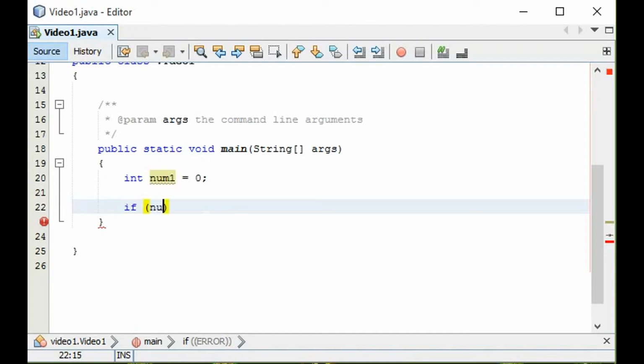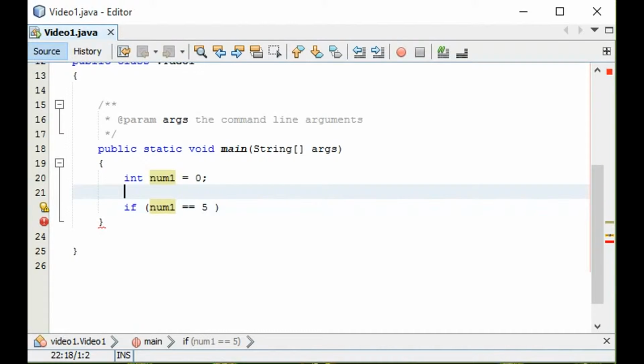So let's just put num1. And then after your variable that you're checking, or whatever you're comparing to something, you have to have some sort of comparison operator, which are called if statement operators or something like that. I can't completely remember right. So to check to see if it's equal to something else, like 5, I'll use two equal signs, and you have to do two equal signs because in